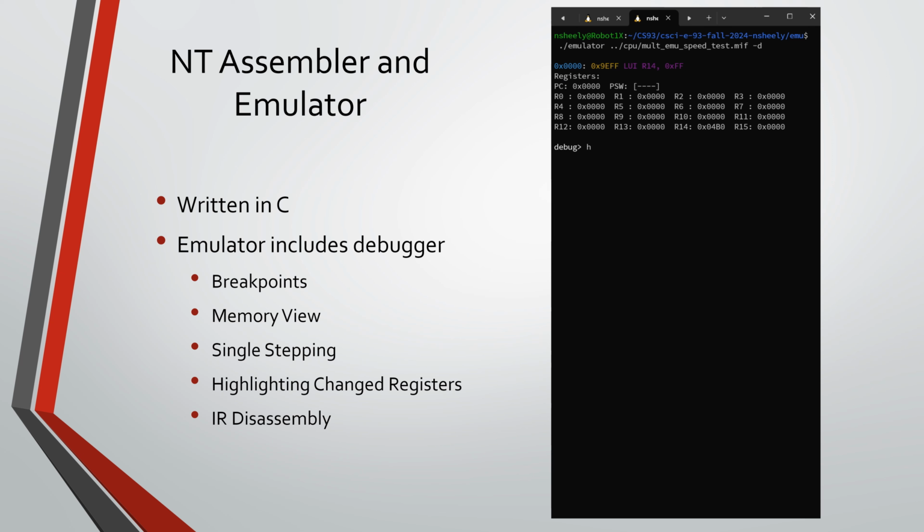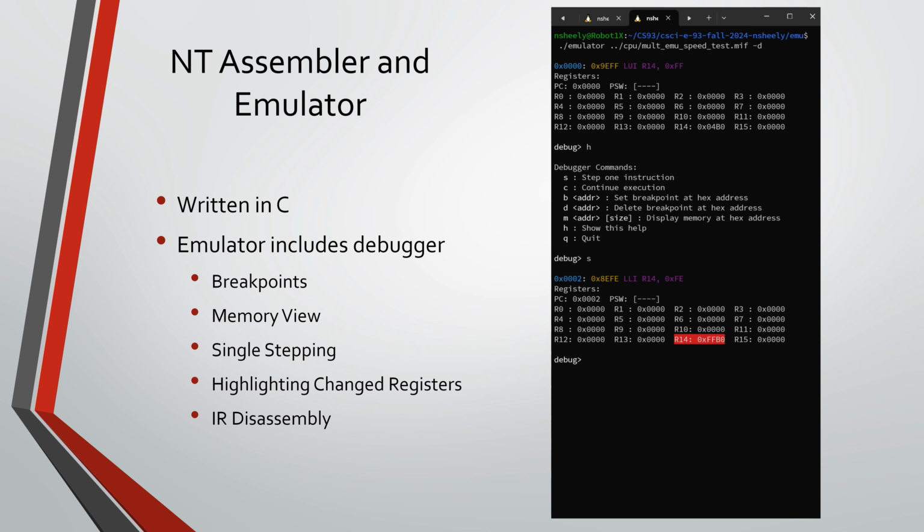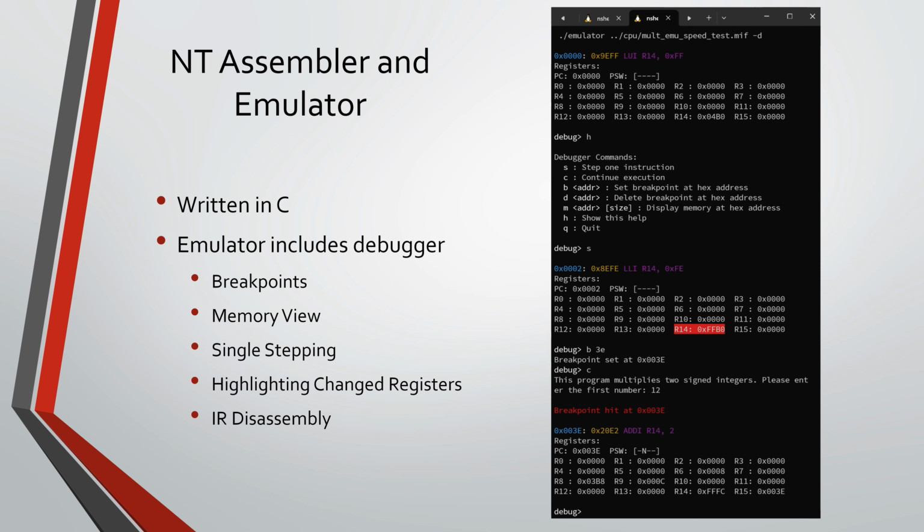I can type H and get a help menu to see all the different things it can do. I can step through the system, which will highlight any changed registers. I can also set a breakpoint, where I have my listing file generated by the assembler and I can see what instructions are at what points. So I set a breakpoint at 3E, which I know is right after it reads in the first number for my multiply program. So we set the breakpoint, hit it, and now we can step through and you can see the assembly